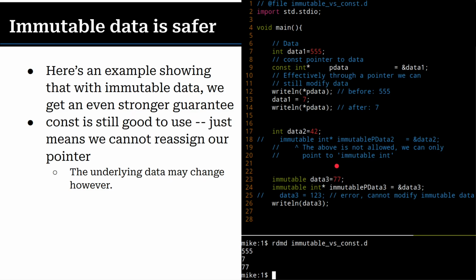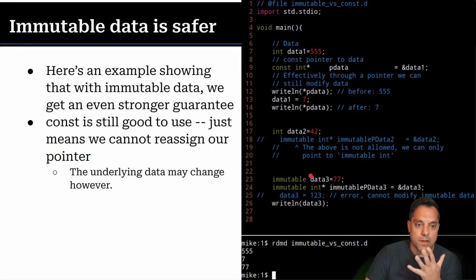So that's an example of one of the things that immutable gets me, where if I say, okay, here's an example, data equals 42, okay, and I try to change, or here's data 3 here, and I say, okay, give me this immutable data here to the address of P3. I can't change data 3. I can't change the underlying thing that I'm pointing to, because it itself must be immutable, right? Because it has an immutable pointer. So you get some stronger guarantees here.